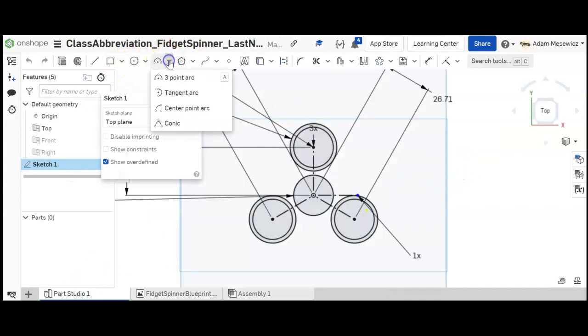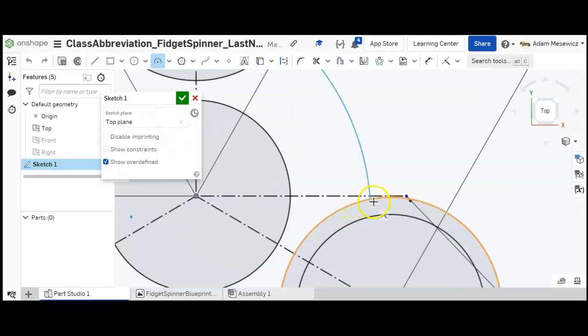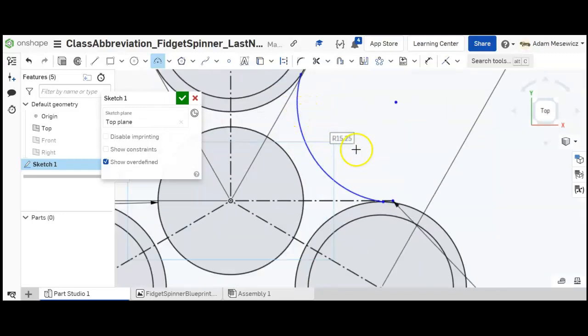So if we go to our arcs and we choose the 3-point arc, the first click needs to be on the outside circle, somewhere kind of towards the bottom third of the circle. The second click will be on this outside radius, kind of towards the middle. And then the third click sets that radius, make it close to 15, but remember, we have to dimension this anyways,